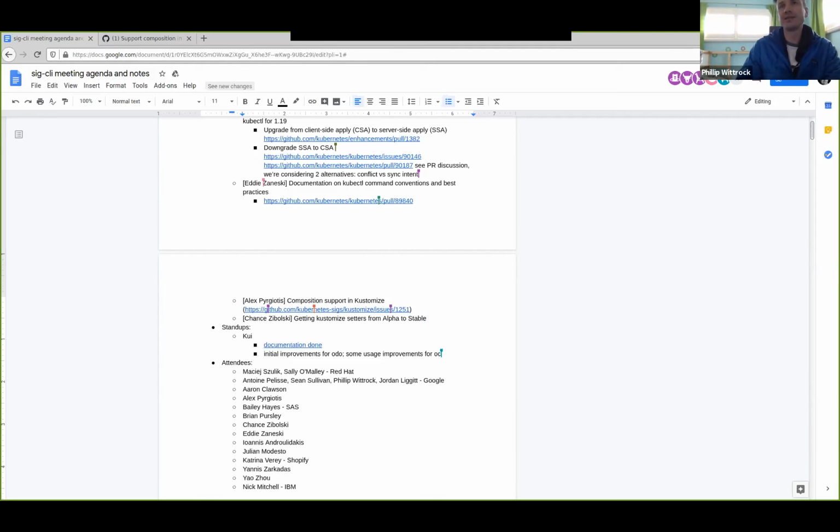Jeff has been heads down on trying to solve another class of problems, which includes updating the version in kube control and getting off of the API machinery dependencies, which is also actually a pretty highly upvoted thing. So he's currently rewriting a lot of the internals, and that is going to hopefully address a number of other issues.